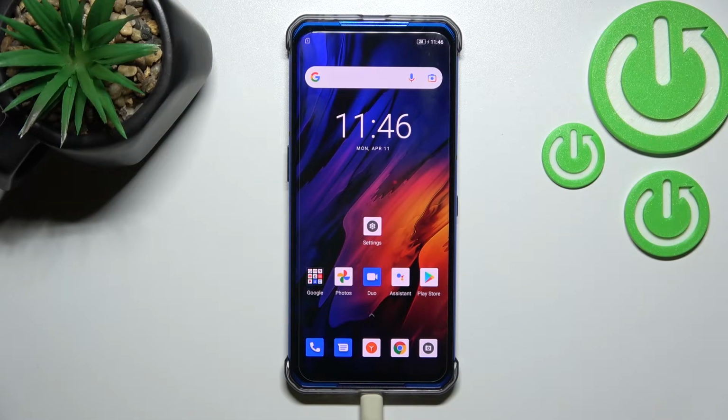Welcome. Today in front of me is Lenovo Legend, and I'll show you how to enable or disable silent mode